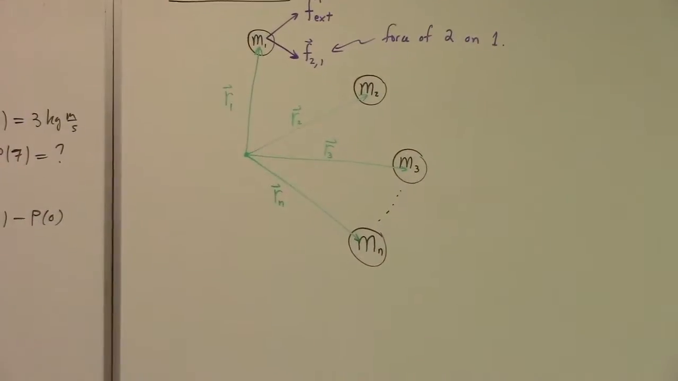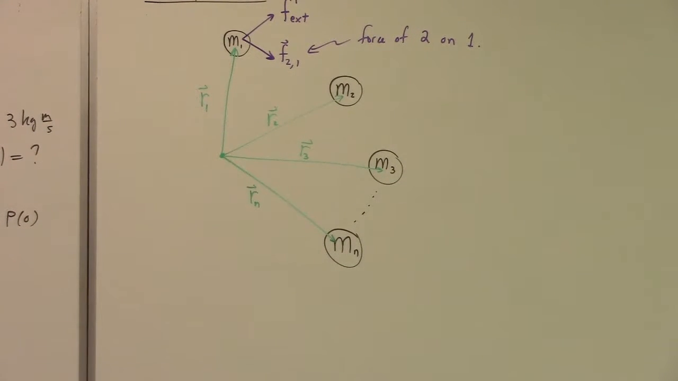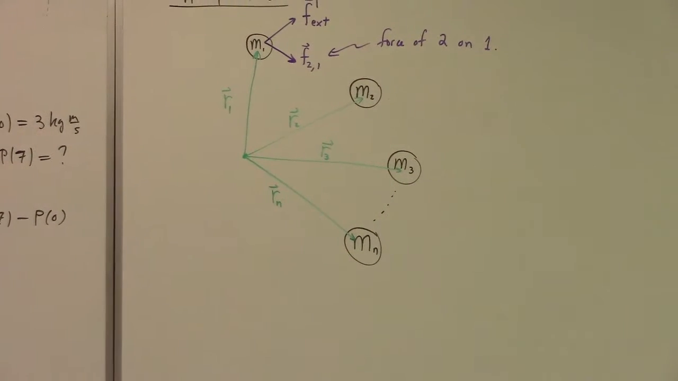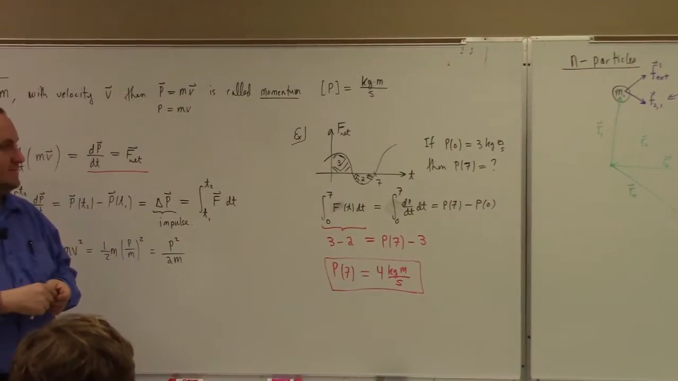It could be that there's little strings that attach them, and you could think of M1 and M2 actually being like little dudes pulling on each other with a string or something. There could be some kind of spring between them. They're pressing on each other with springs. It could be something more ethereal, like they're throwing